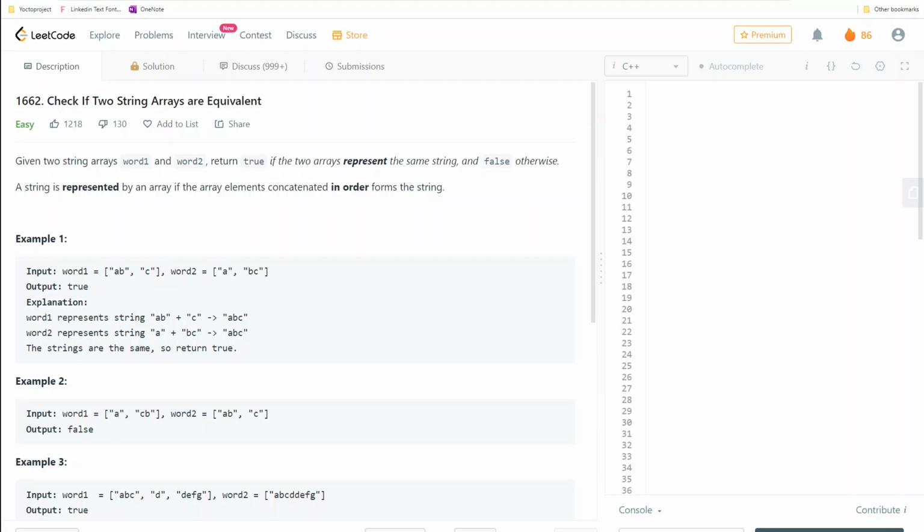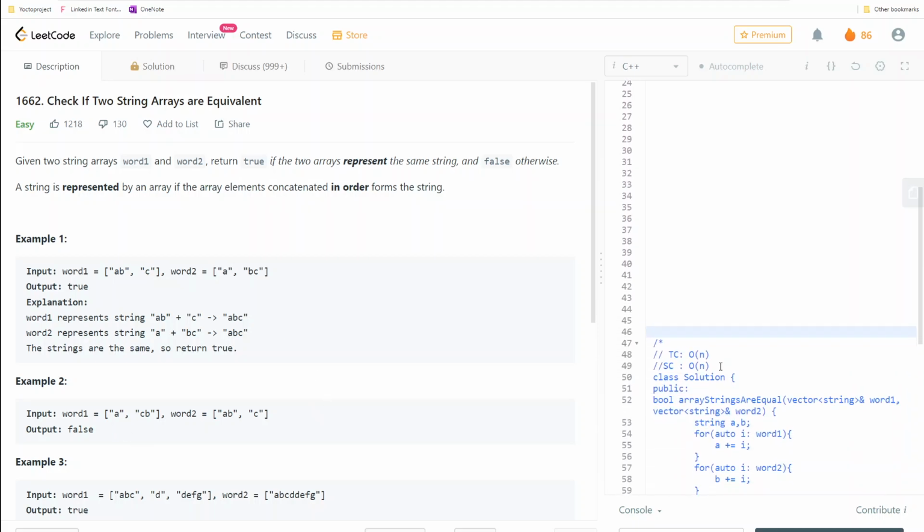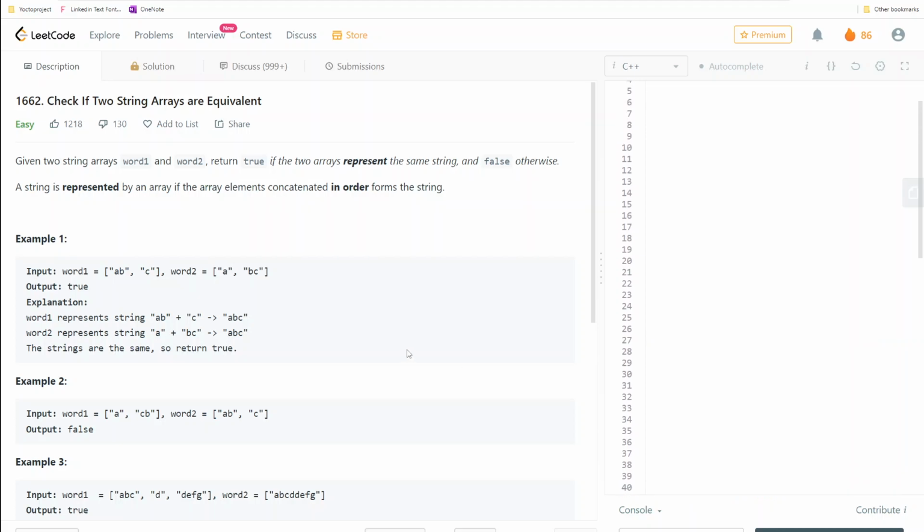This word is basically a vector of strings, I guess. Let me check. Yes, it is a vector of strings only. So the string which is being given to us could be given as AB or only A, but that particular character, that is B, would be present in the next string given in this